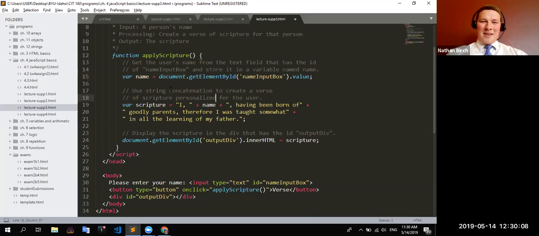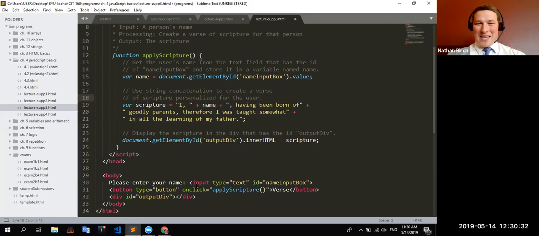So let's go back to this. Scripture is going to be used down here, right? And if I don't save scripture right here, then I wouldn't really be able to display it to the output div. Now here's something interesting. This I feel is the most logical way to have this function work.